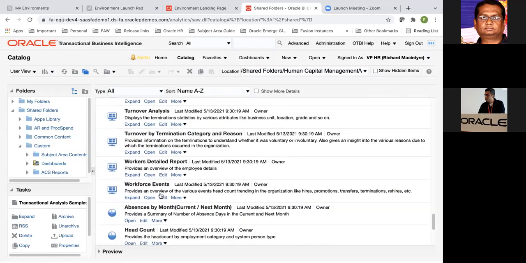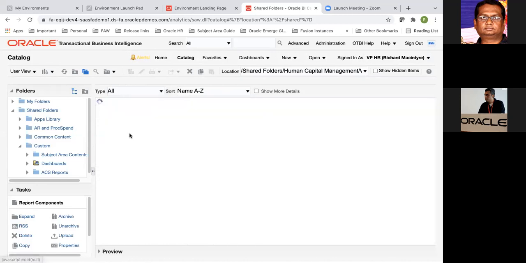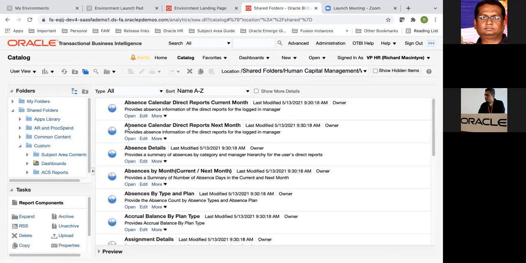These are various dashboards available, and also there are some reports that are used under the dashboards available here. These are all out of the box reports. So I strongly suggest that you should explore each of them to understand what this provides. There are close to, I think, about 300 reports and dashboards available in HCM out of the box. This is apart from whatever is available on Customer Connect. So within OTBI, you have all this catalog available for your usage.